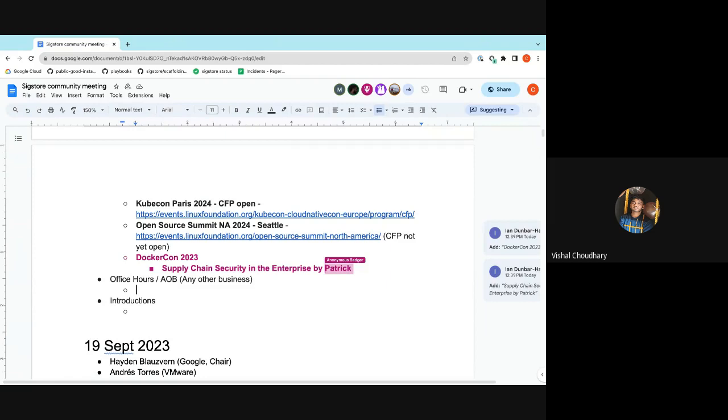Yeah, so I am Vishal. I'm a student from India, and it's my first time joining this contributors community meeting. So I've started contributing to Cosign a few weeks ago, and I have a few PRs pending, so that's what I wanted to discuss here. But anyway, I'm also looking to integrate the Sigstore Go client that you just mentioned into Kyverno. We are looking for ways to replace the current Cosign client with the Sigstore client, because it is supposed to be a replacement, right? So I'm looking forward to contributing to Sigstore as well as using Sigstore products.